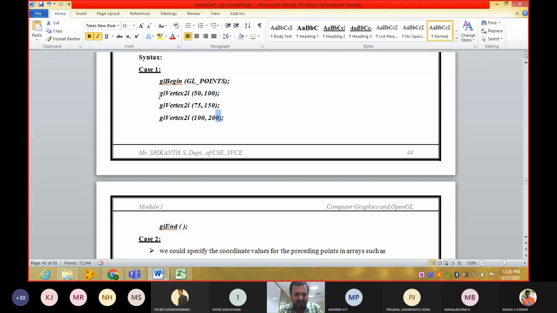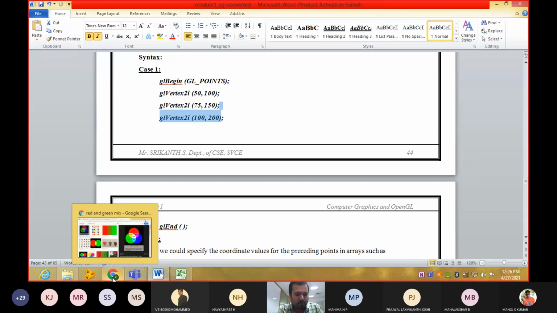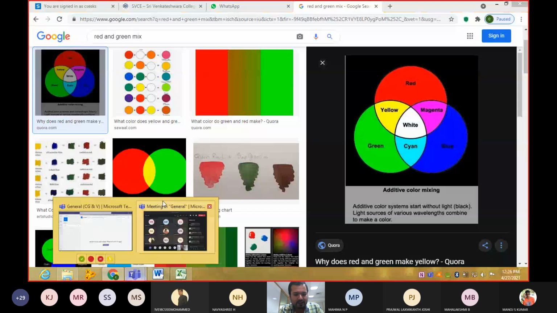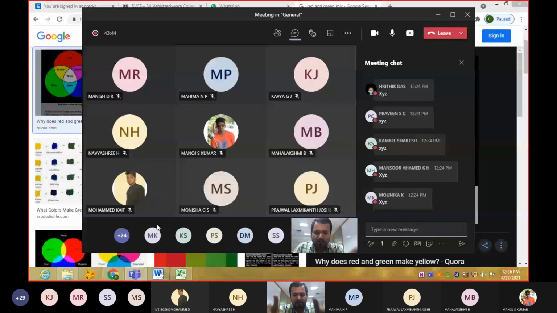If you execute this piece of code, you are going to get just 3 vertices or 3 points on your screen, here and there, in the form of the values you have given.